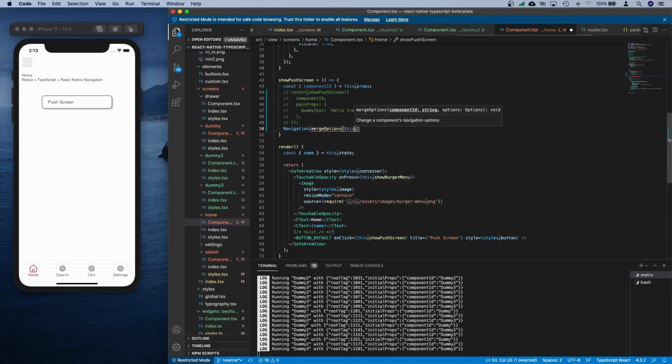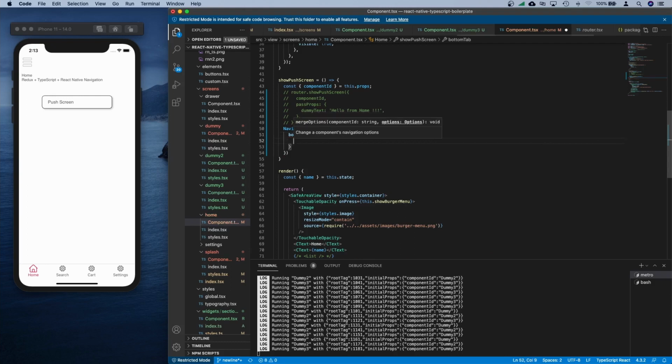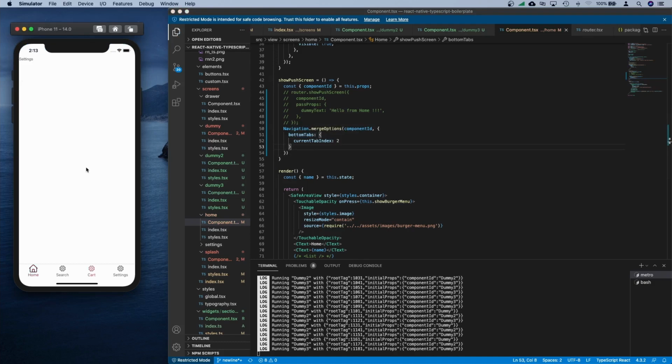Now this will take the component ID, and we need to tell it that we need to switch to one of the bottom tabs and make the new index as, so it's called current tab index, and we want to do it 2, and just save it. So now when we click this, it moves to the